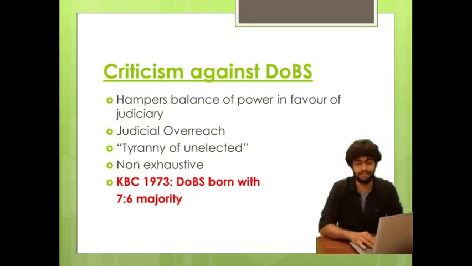There is a very credible criticism that is leveled against the doctrine of basic structure. It is said that the judiciary did not have a consensus within itself while it gave the doctrine of basic structure. The basic structure was given by the judiciary for the first time in the famous Kesavananda Bharati case. This case was decided by a bench of 13 judges, and the doctrine of basic structure was given by a 7:6 majority. That is, 7 judges were in favor of giving the doctrine of basic structure, while 6 judges gave a dissenting opinion. So it is said that the doctrine of basic structure did not command the consensus within the judiciary itself.